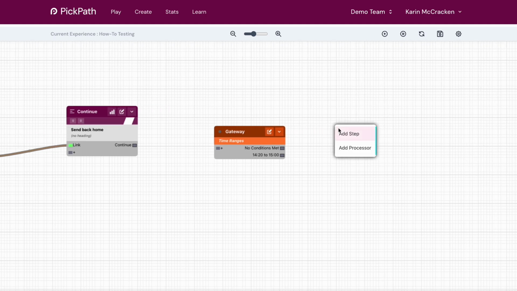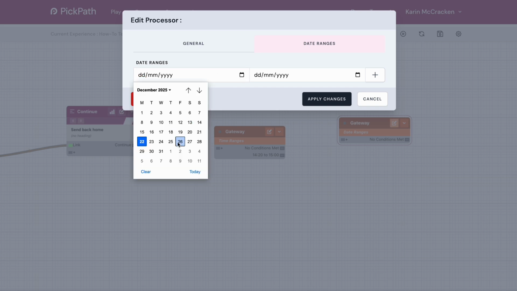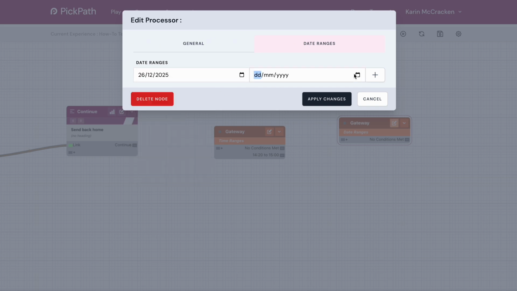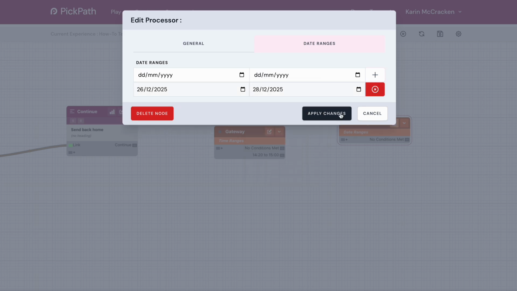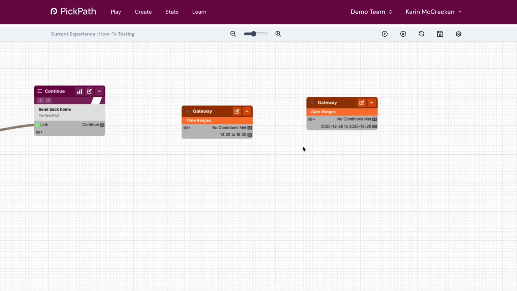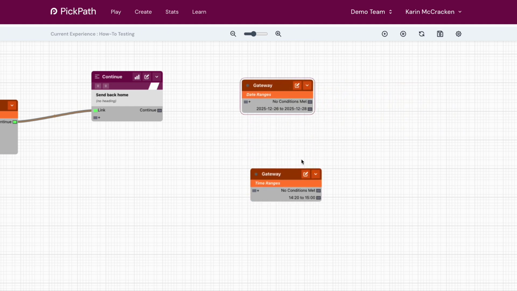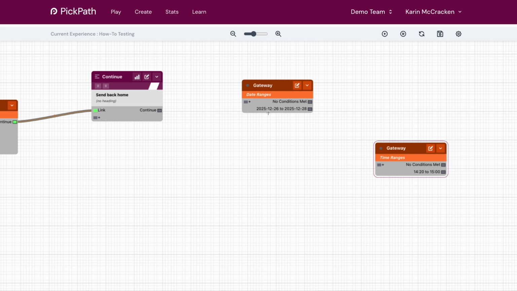What I could do is add another processor step, gateway, and then make that one the date one. So I'm just going to split these up. Apply changes. So now it's got to go through both, right? So let's say the first one, and actually I'm going to do the date first. So I'm going to switch them around, and I'm going to go hit continue